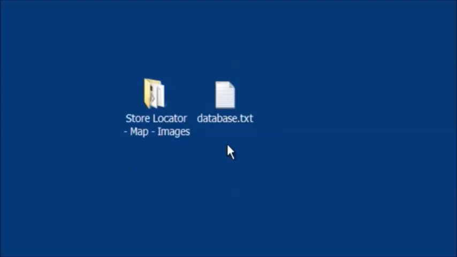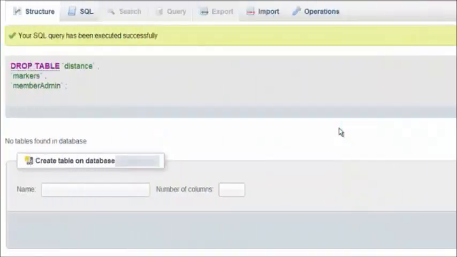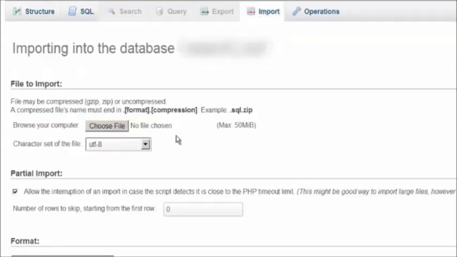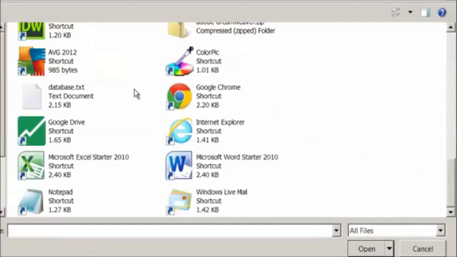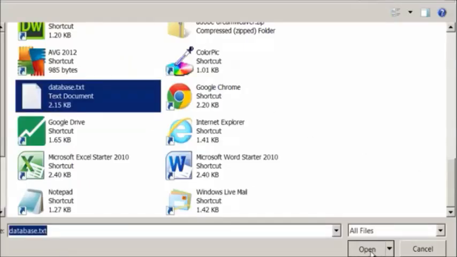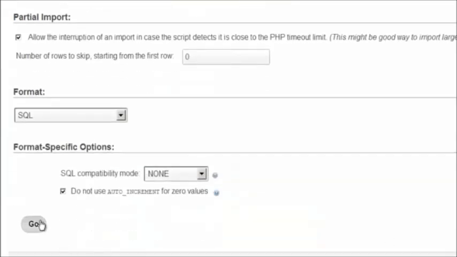Alright, after we do that, then I want you to go and open up phpMyAdmin through your web host. Okay, so now what I've done is I've created a database called test. Now, if you don't know how to create a database, you can also go to mikescodeschool.com and watch a tutorial on creating a database. So now we're here at phpMyAdmin, and I just want you to go up to the top and click import. And now go to choose file. Alright, on our desktop we're going to go look for the database.txt, open it, go down and click go,